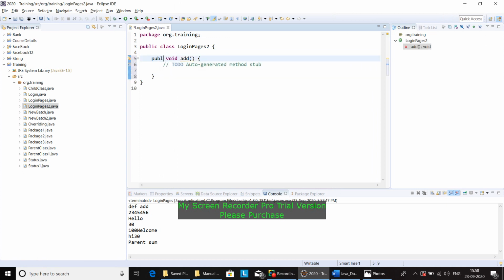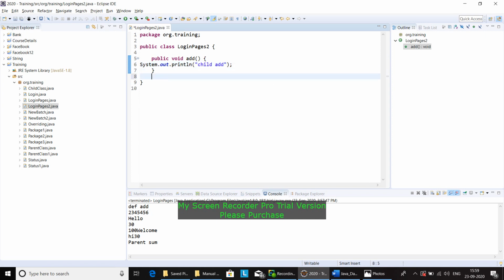Change this private into public, and I want to print this child class, so I'll give it as child add.